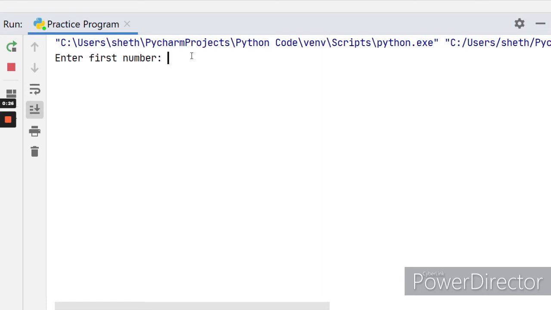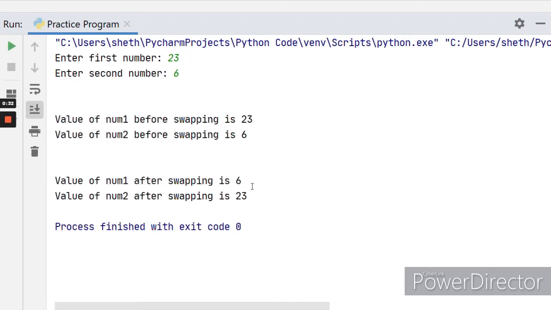For the first number I will say 23, for the second number 6, and when I click enter I should get the result: value of num1 before swapping is 23 and value of num2 before swapping is 6, and value of num1 after swapping is 6 and value of num2 after swapping is 23. In the comments, tell me if you get the right solution or not.